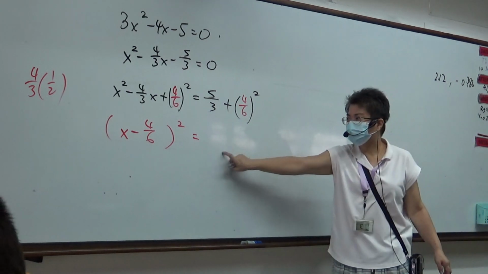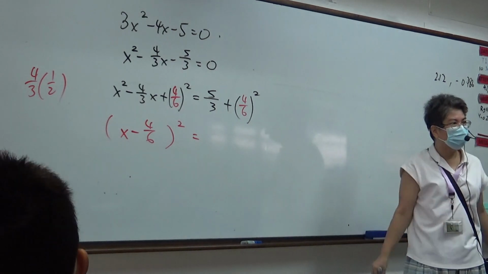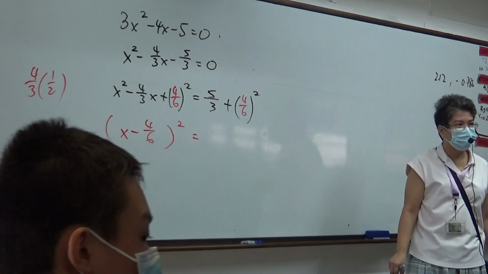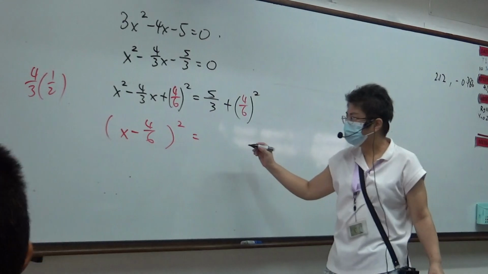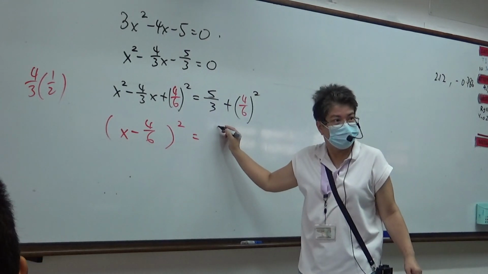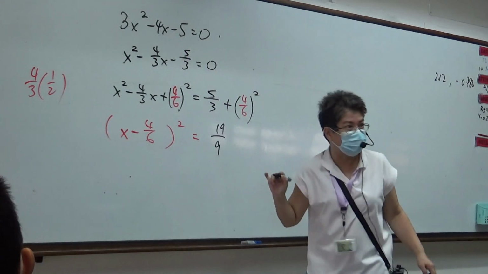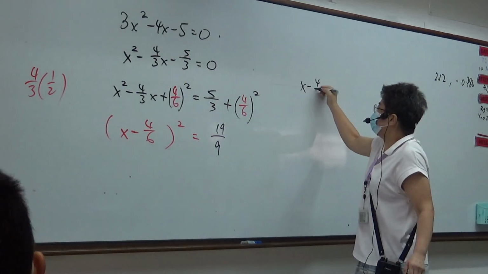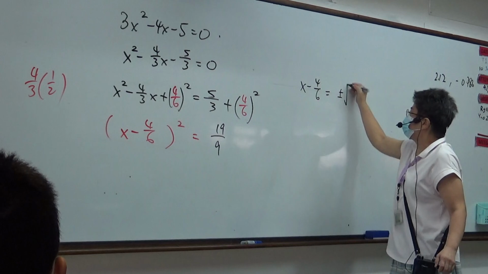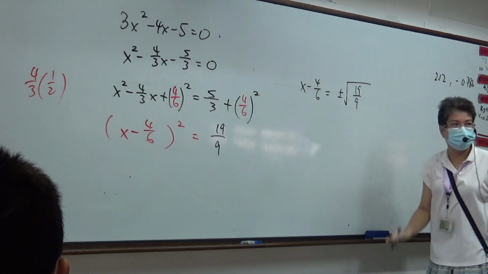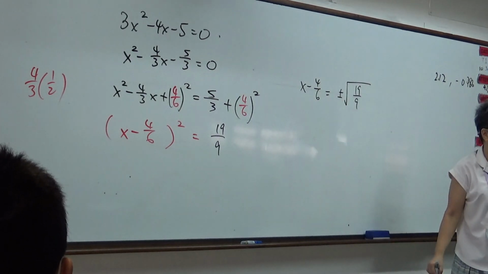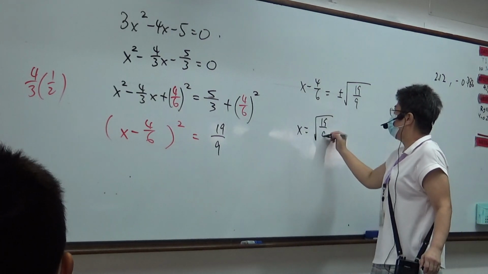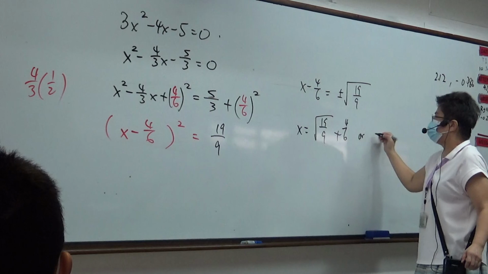What is this answer? 19 over 9. Is it correct? Okay. So x minus 4 over 6 is plus minus square root 19 over 9. Am I right? Correct. So x will be plus 4 over 6 or